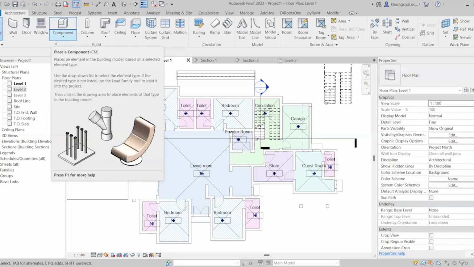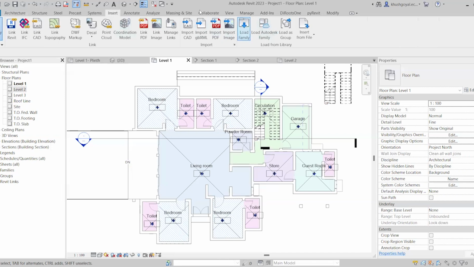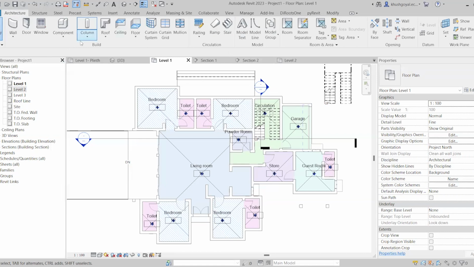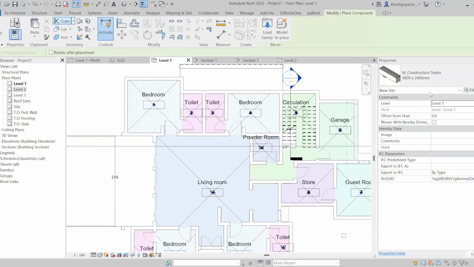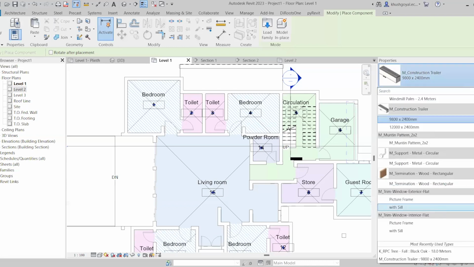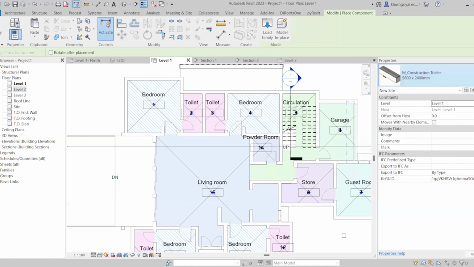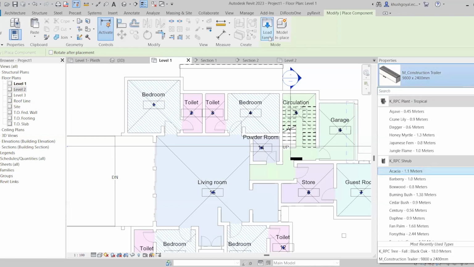Also, you can download it from Google and you can insert it using that. Like you insert it using load, go to insert tab and then load family. So we'll just check the component option. Now I want to add a bed or living room furniture to it. So I will just go on component. And right now I have not much furniture loaded. So what I will do, I will go to load family,